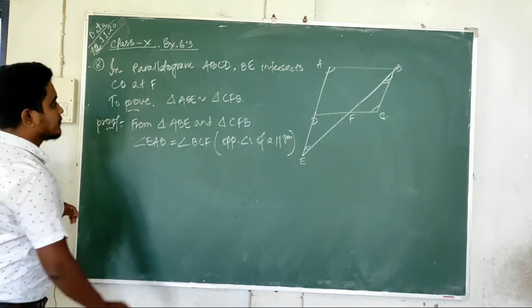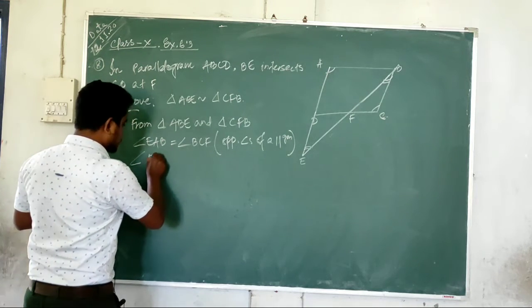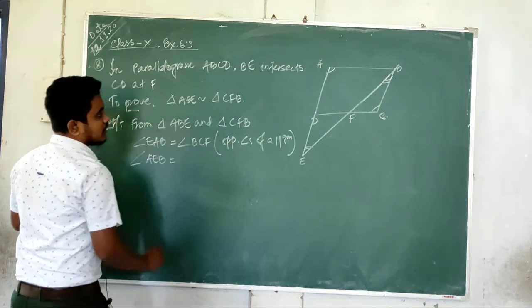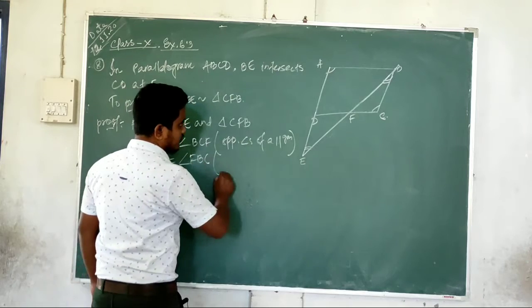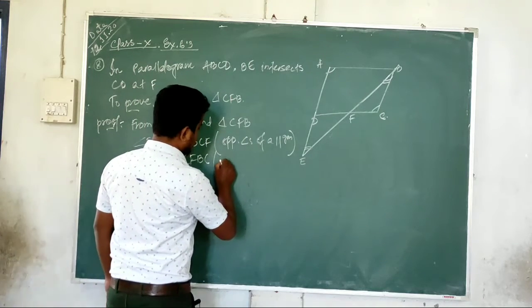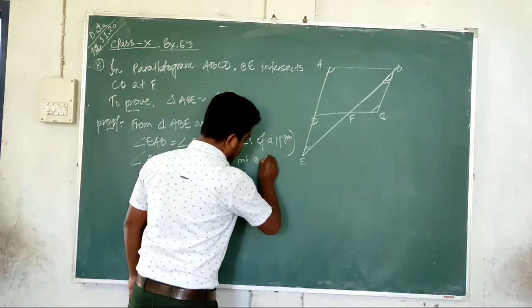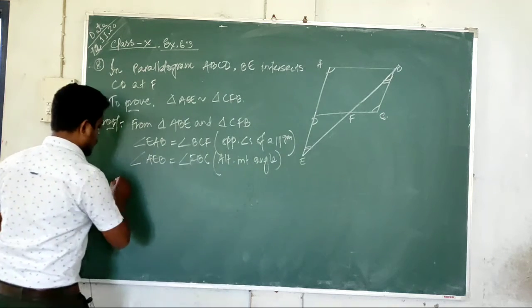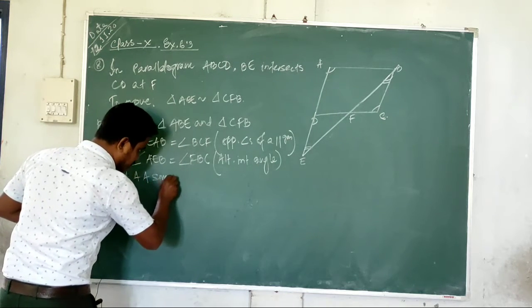And the next one is angle AEB is equal to angle FBC, and the reason is alternate interior angles. So by AA similarity,